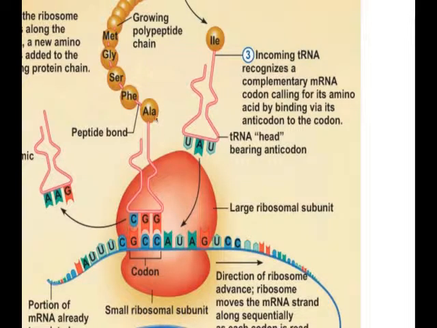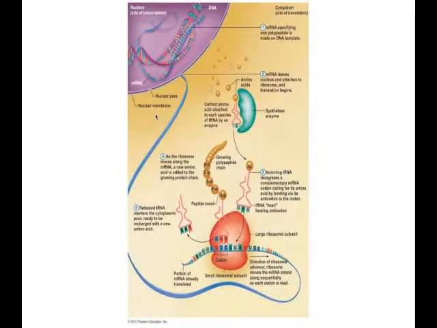Once that protein is built, it is then going to be transported away from the ribosome through the endoplasmic reticulum to the Golgi complex, also known as the Golgi apparatus, where then it will be put to work or outfitted with a